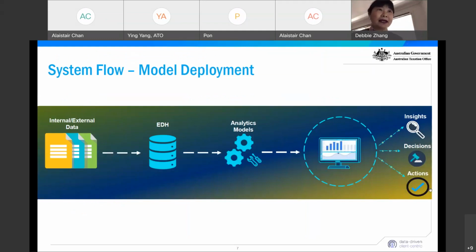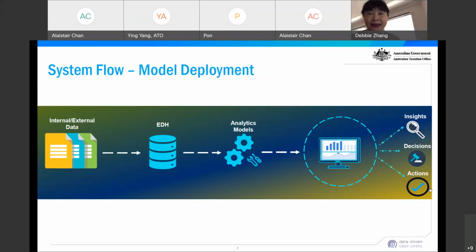For all the pipelines that we're working on when we build, they all have these four components. We have data sources. EDH is our data storage. Then we deploy our analytics model into EDH, but we also have our analytics platform to allow our deployment. And we also use Shiny or other web frameworks to build a user interface to allow users to look at the insights, get the decision and actionable